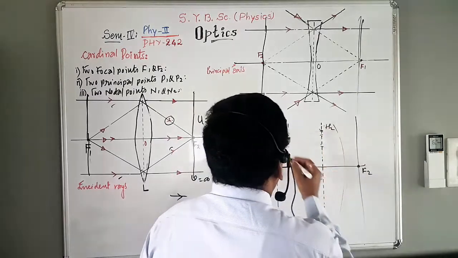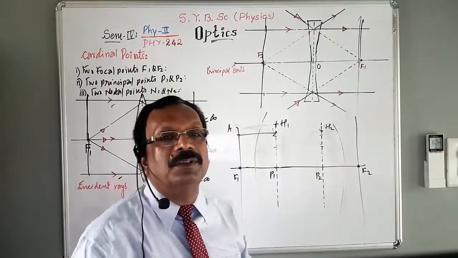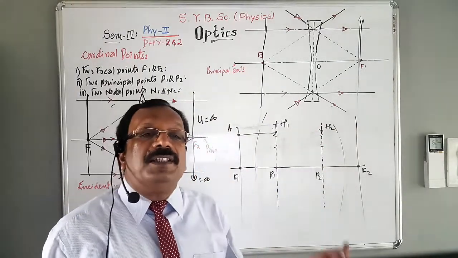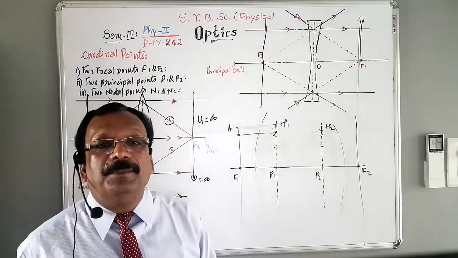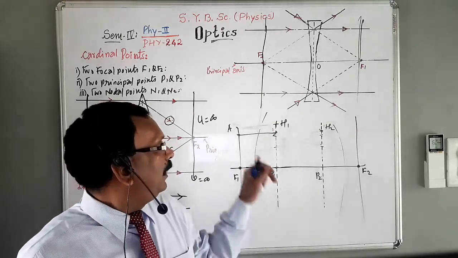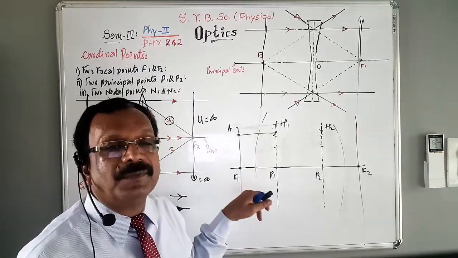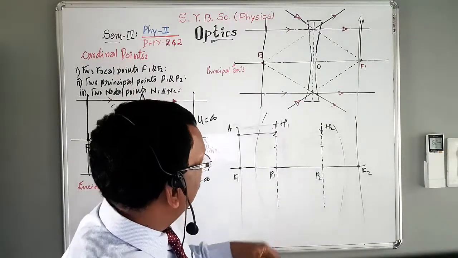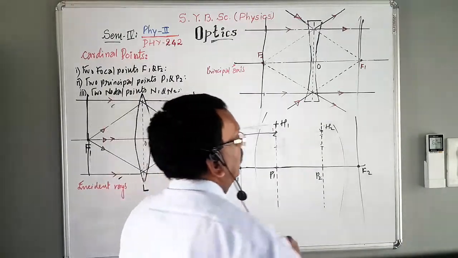H2 P2, H1 P1 and H2 P2 are the first and second principal planes respectively. Now A F1, and suppose this is point